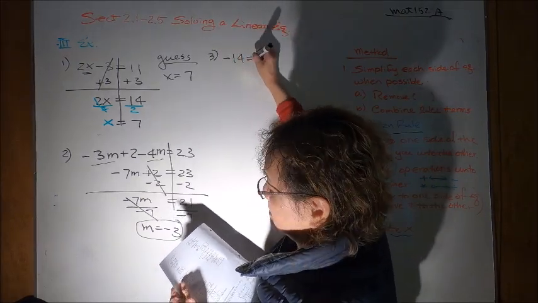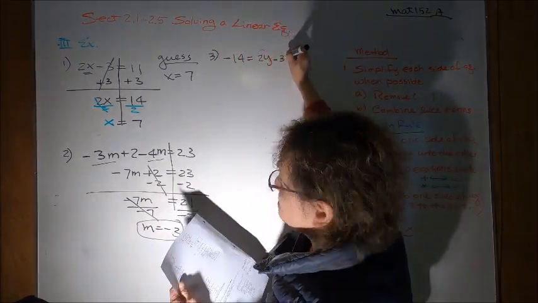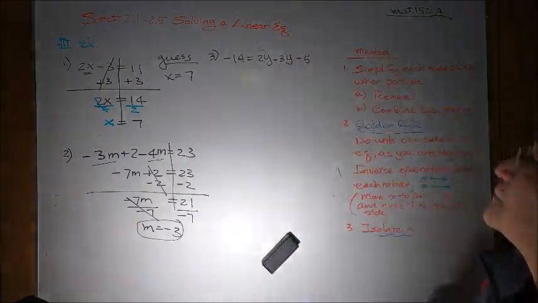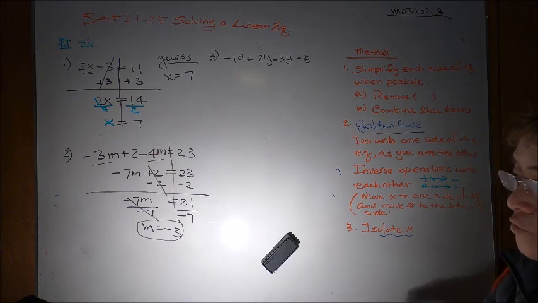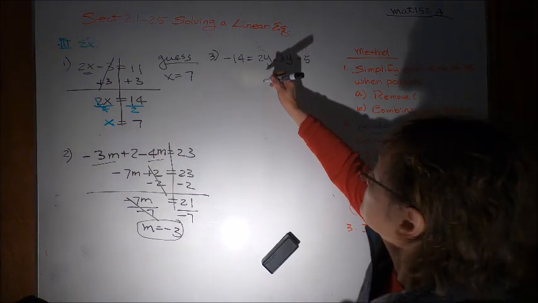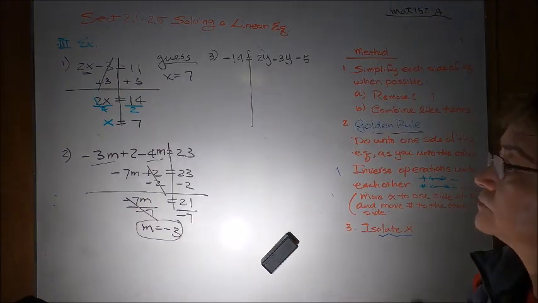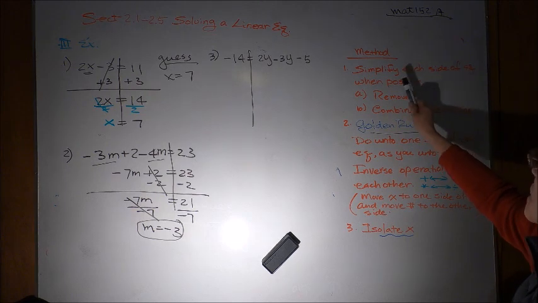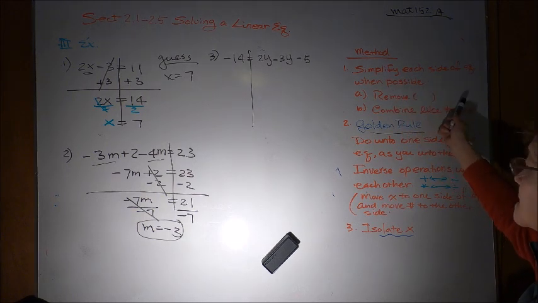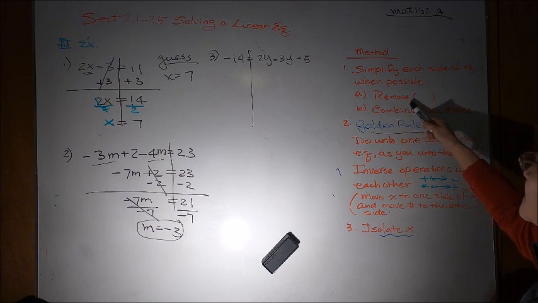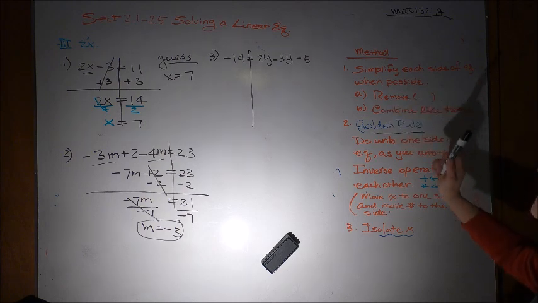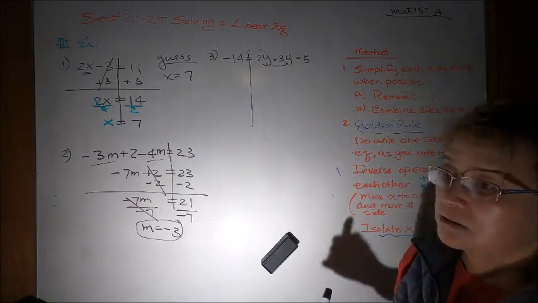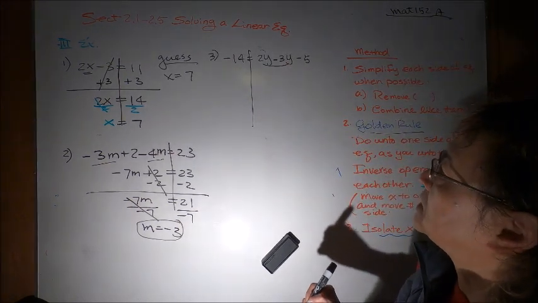Let's see the next one. Number 3 on your page 15. So how should we start? How about draw a line, right? Then simplify each side of the equation as much as possible, right? Remove the parentheses and combine like terms. So for this one, you can combine like terms. 2 minus 3,